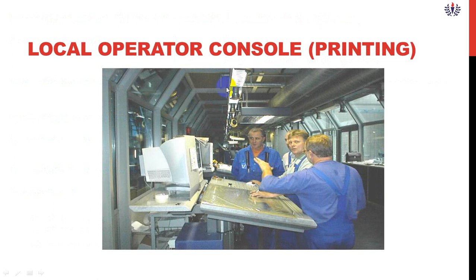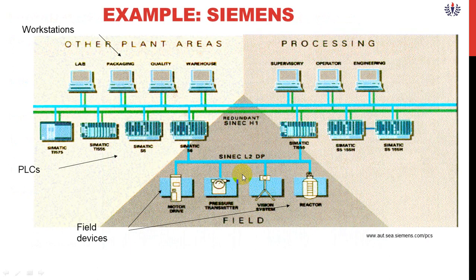You see here how they are monitoring it. This is the plant which they are processing in Siemens. In the lab, there will be a quality lab, packing industry, quality checking, and warehouse. For each and every one there will be a schematic. Schematic means it is manufactured by a Siemens plant. There will be separate PLCs they maintain for everything.